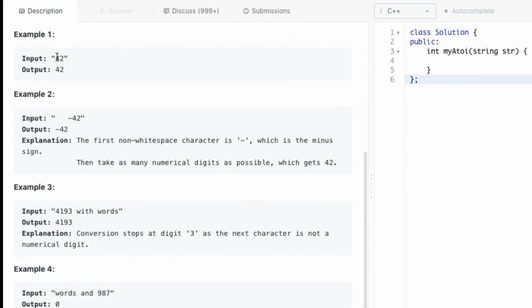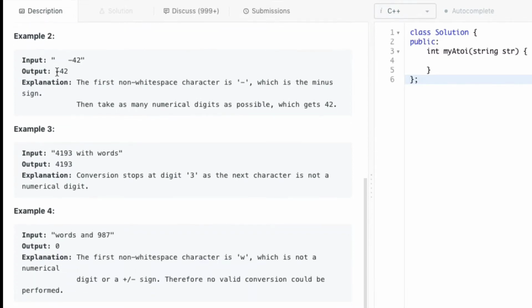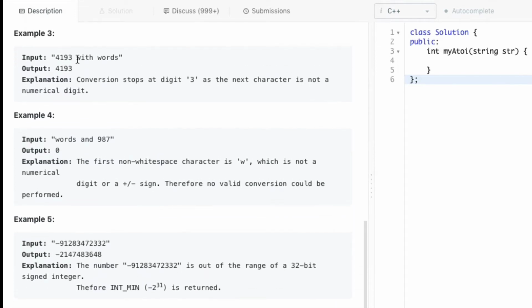Our first example is the string 42, and the corresponding output is the integer value 42. Our next example contains white spaces followed by a minus sign followed by 42. So our corresponding output is minus 42. Examples 3 and 4 are quite similar.